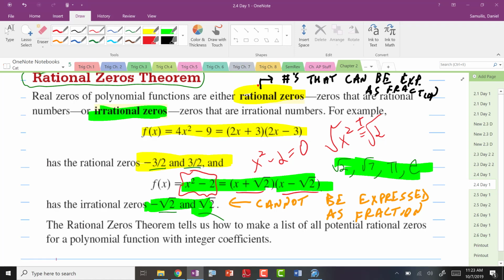Those are irrational zeros. Then I thought for giggles I'd put some popular irrational numbers if we were going to classify numbers, which is something you do in Algebra 1 or Algebra 2. What are those classes? All right. And now we can move on to